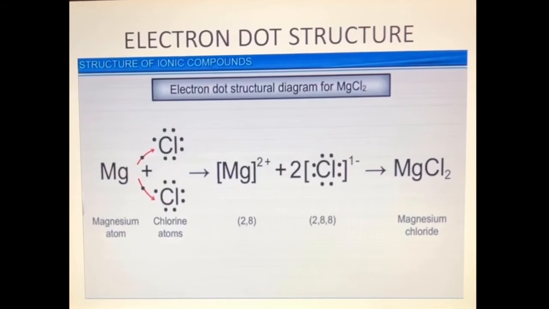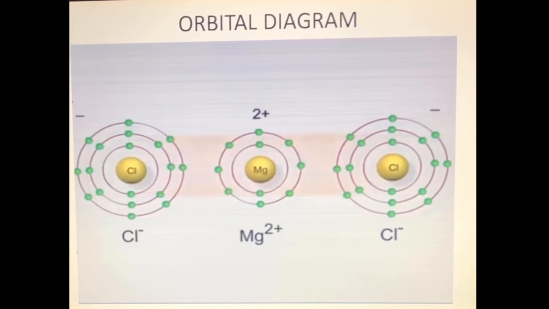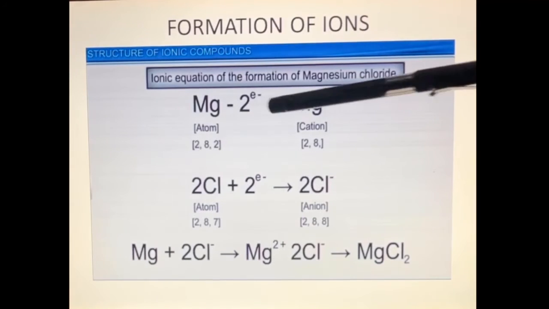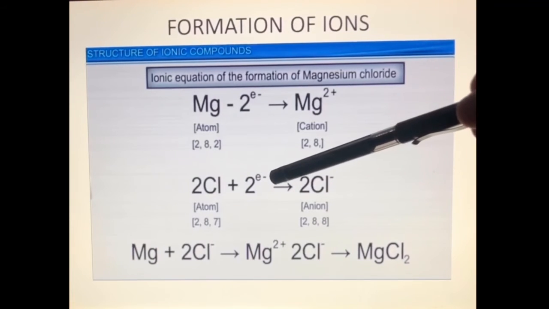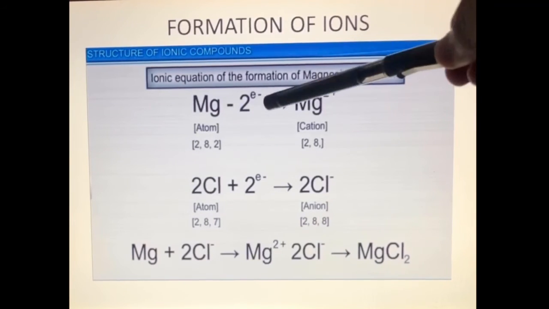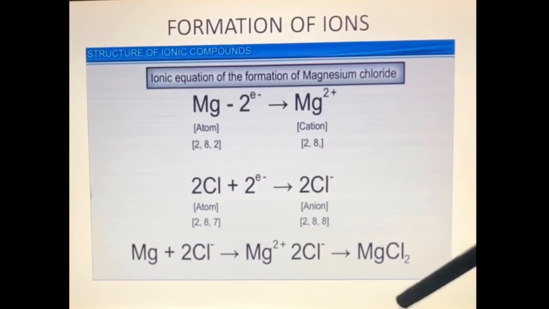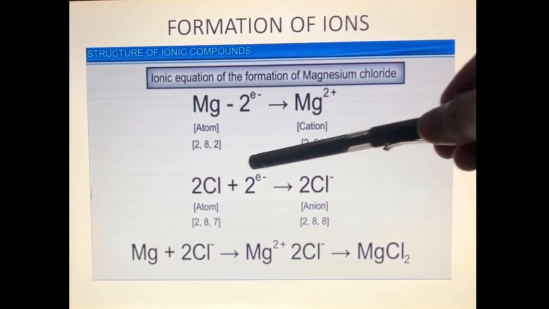The next electrovalent compound is magnesium chloride, MgCl2. Magnesium chloride is formed as a result of transfer of 2 valence electrons from metallic magnesium atom. The electronic configuration of magnesium is 2, 8, 2, and it is transferred to 2 Cl atoms having the electronic configuration 2, 8, 7. So the magnesium atom attains the electronic configuration of neon by transfer of 2 electrons, and chlorine attains the stable electronic configuration of noble gas argon by gain of